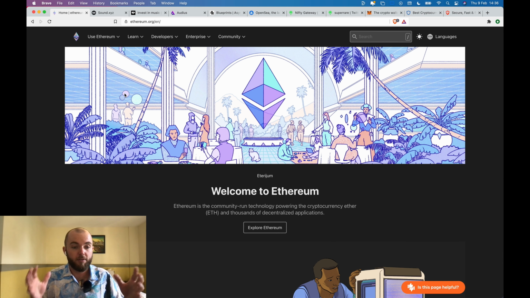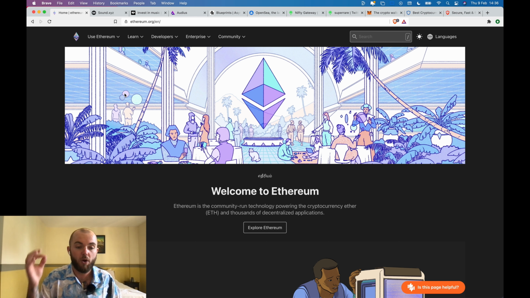Now, these are done in a variety of different ways. We have protocols that are built on top of Ethereum. We have things called Dapps, decentralized apps, and a whole host of other things built on top of Ethereum. And Ethereum works as this base layer. Because there's not any one person or organization maintaining and developing all of this, it is decentralized. It requires something called a gas fee to operate on the network.